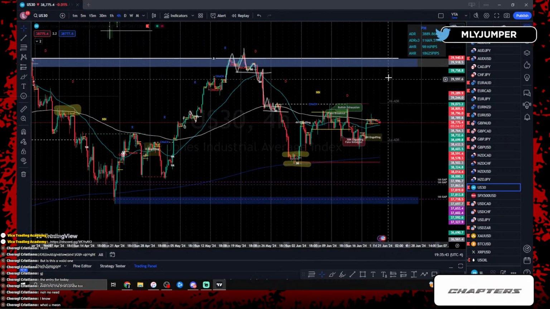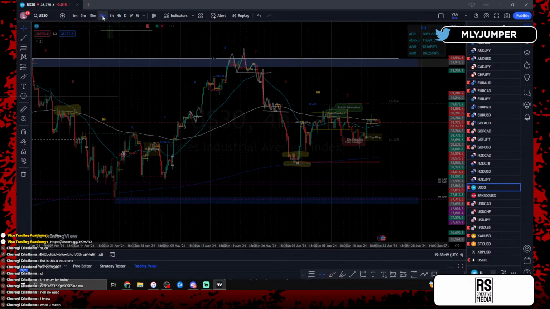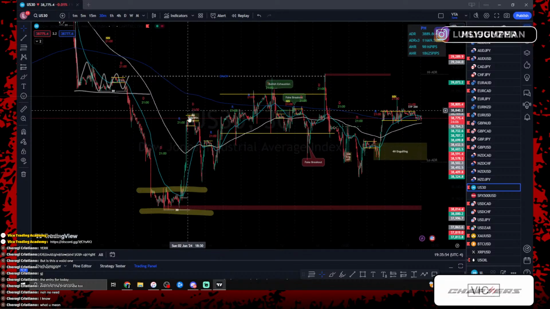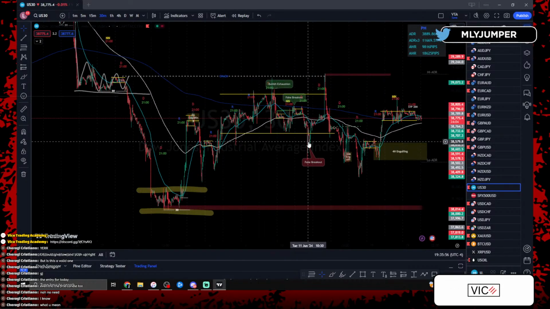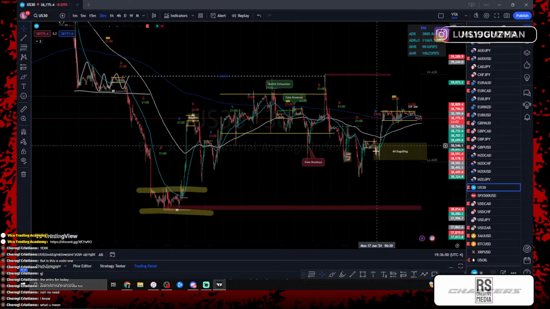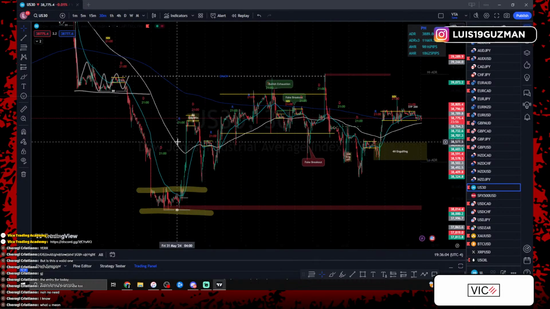We're in the middle of the zone, in between the daily high and the 4-hour high, the daily low and the 4-hour low, and we're just consolidating. If we zoom out here, we know that we had higher high, higher low, higher high, higher low, higher high, and now price is going lower low, lower high, lower low, going back up to the top, higher high.